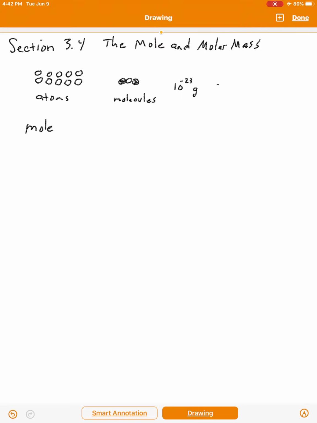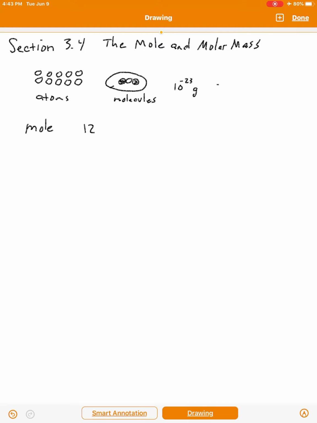M-O-L-E. Obviously the word is related to molecule, right? Or molecular, if you want to think of it that way. But a mole is not the same thing as a molecule. A molecule is one small particle, which is a combination of some number of atoms. That's a molecule. A mole can be defined in different ways, but one way we define it is to say that if you have